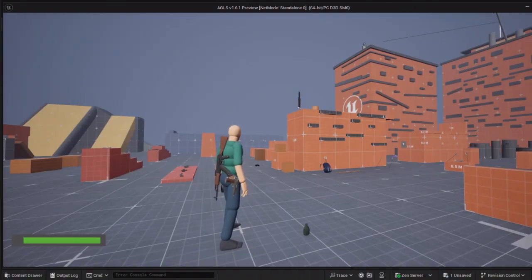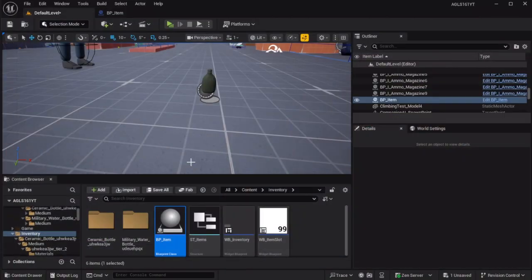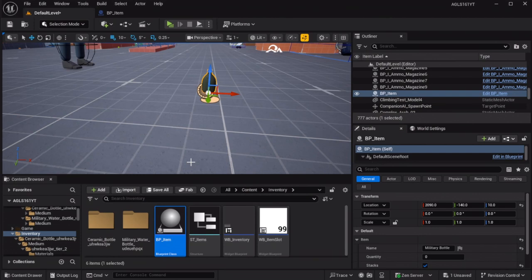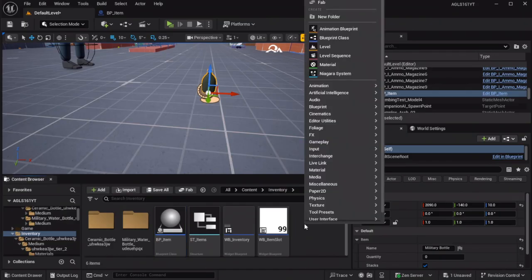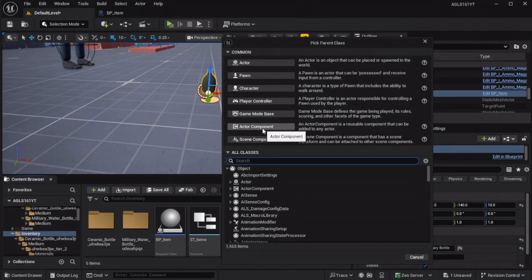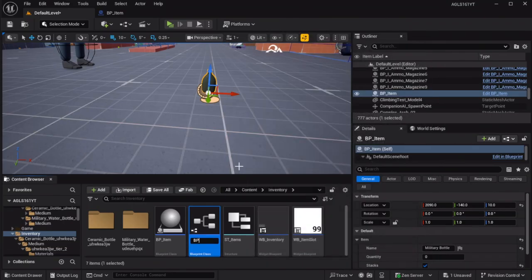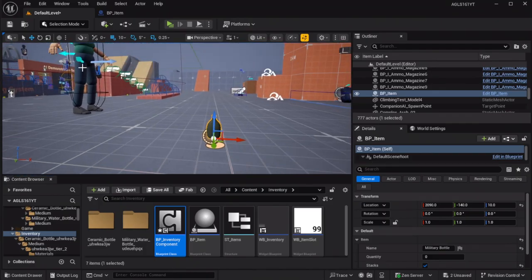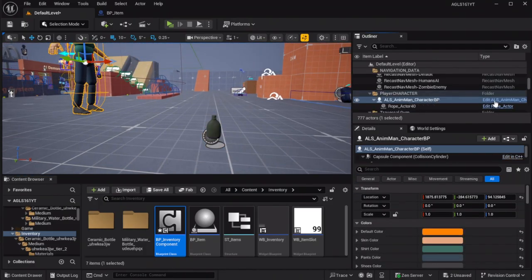So now we have the items that appear on screen. How do we get them into our inventory? We'll go into our inventory folder, right click, select blueprint class and actor component. And we want to name this BP underscore inventory component. Now without opening that, go to the character blueprint